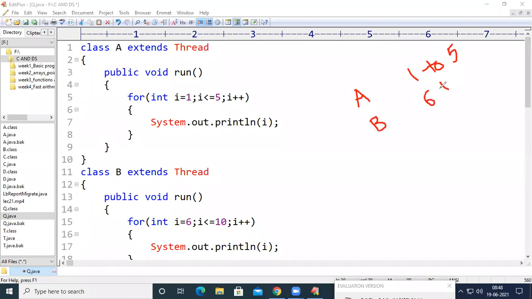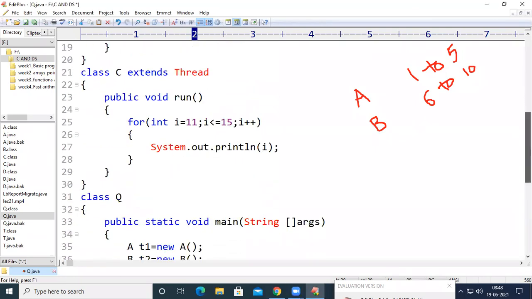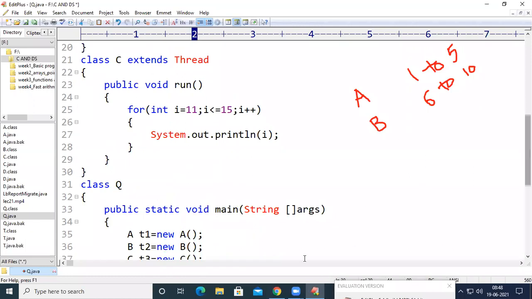There is one more class called class B, which has the responsibility of printing the numbers from 6 to 10. And we have one more class C, and it is going to print the numbers from 11 to 15.